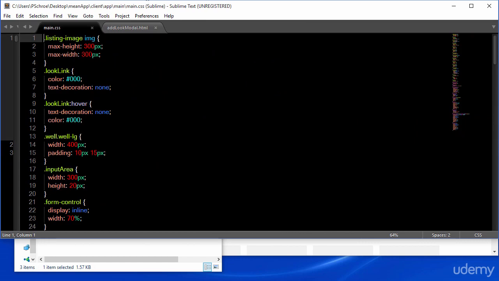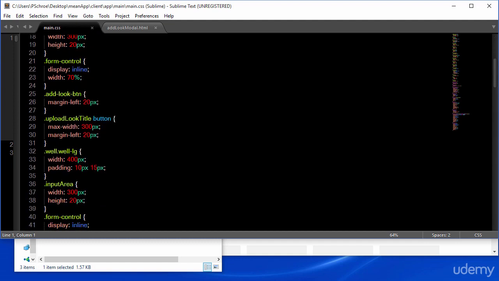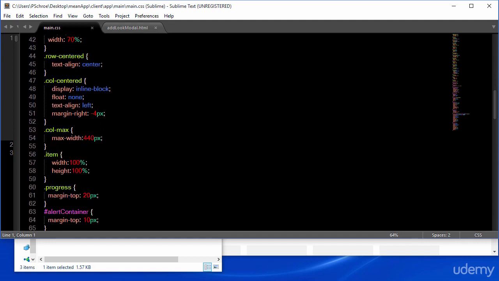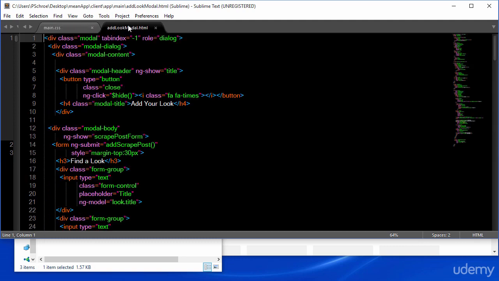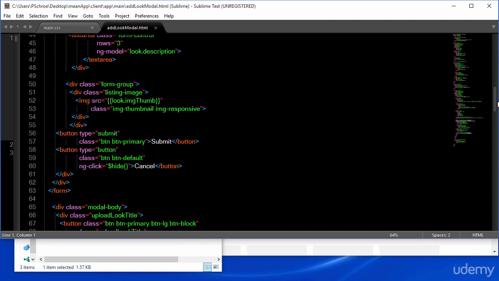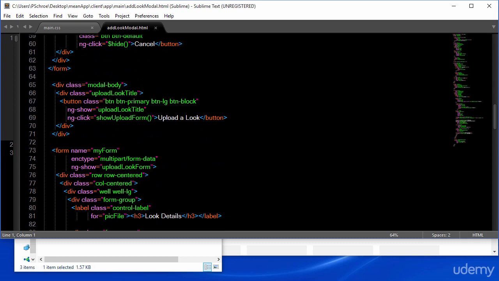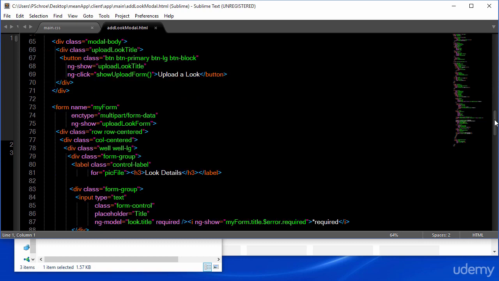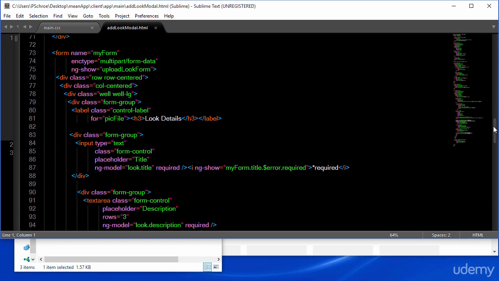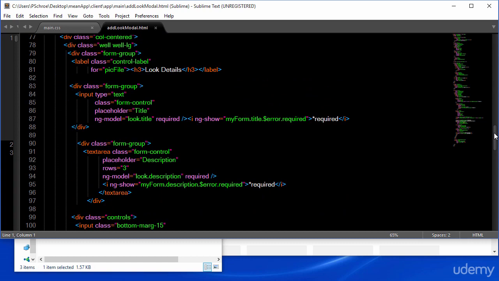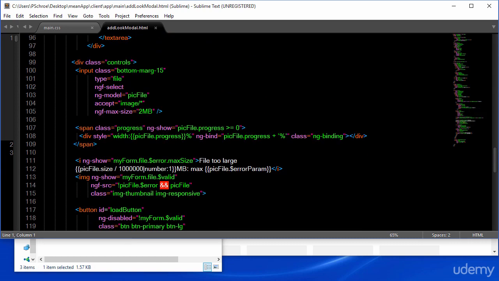In our CSS, what we've added is CSS for our input area and for our button that we'll add to upload, and some new row and centered display CSS. In our look modal we've added quite a bit to the bottom here. This will be initially hidden on load, and then once we click the upload button, we'll get a form that will display